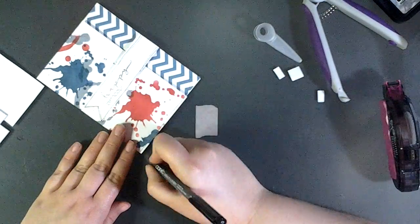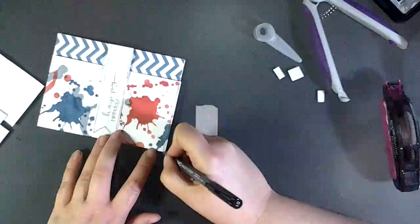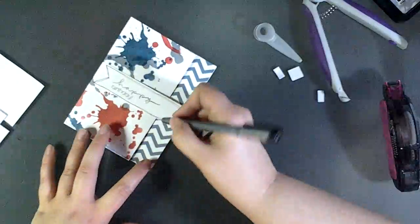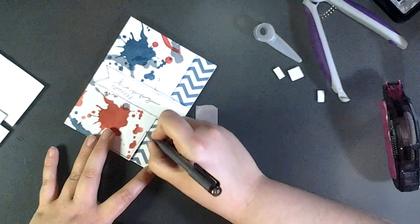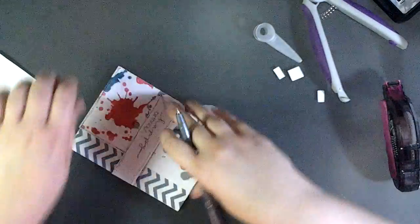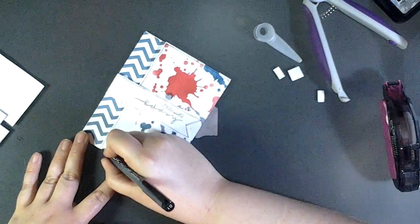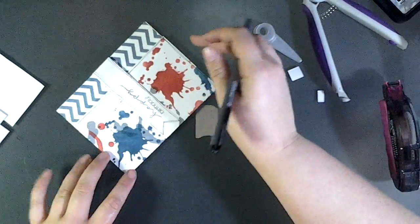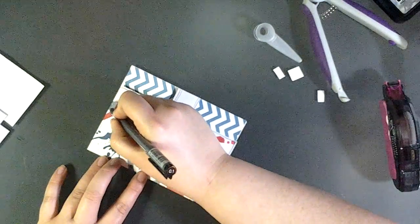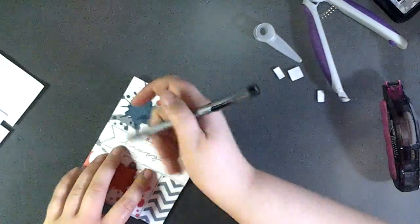So I'm going to outline there. I'm going to outline there. I'm going to go ahead and bring the outlines all the way to the edge. And I'm going to do it over here. And we're going to do it up here. And then we're going to go